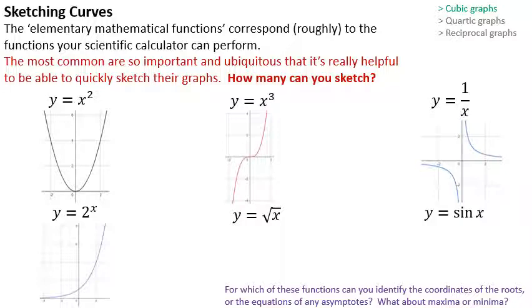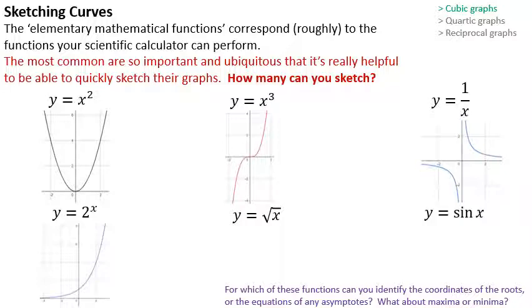Key points on this graph: it crosses the y-axis at 0, 1. That's because 2 to the power of 0, or in fact anything to the power of 0, provided we've got a non-zero base, anything to the 0 will be 1. So all exponential graphs, y equals 10 to the x, y equals e to the x, they all cross at 0, 1. And then as you move to the left and think about what happens as x becomes a large negative number,